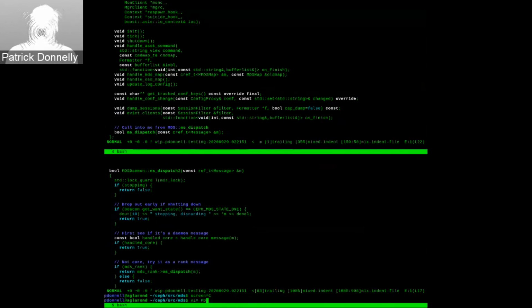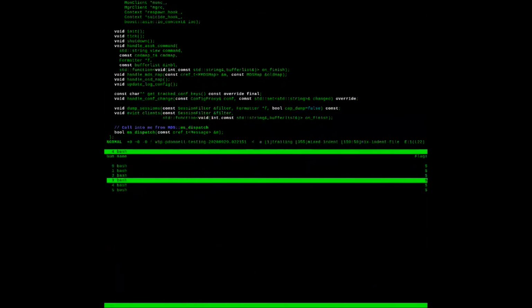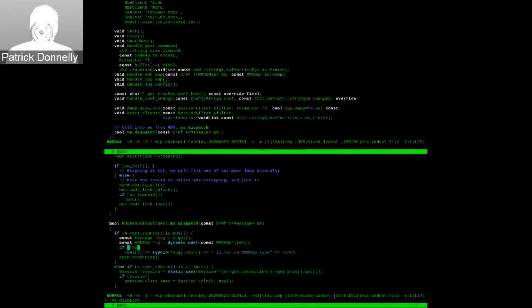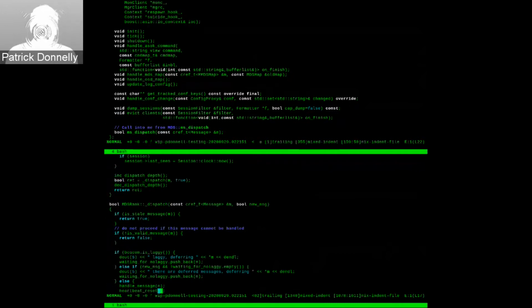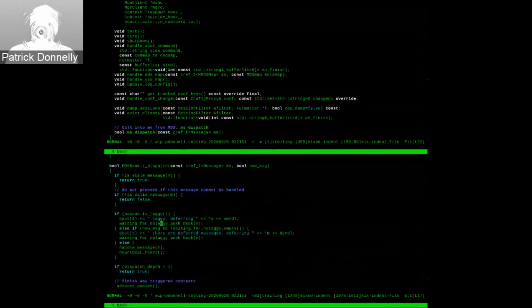So coming back to the MDS rank, here we are. There's various checks here, making sure that the sources of the message are valid. Then we're calling into this dispatch method. And again, more checks are being done. For example, if the MDS determines that it's laggy,